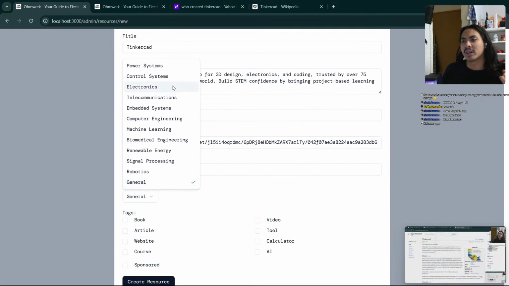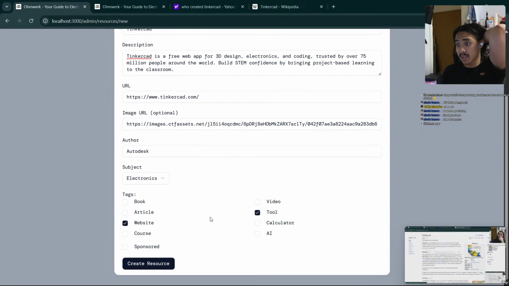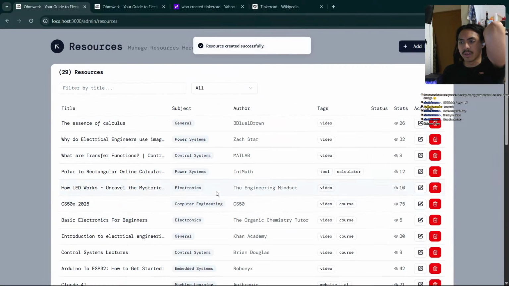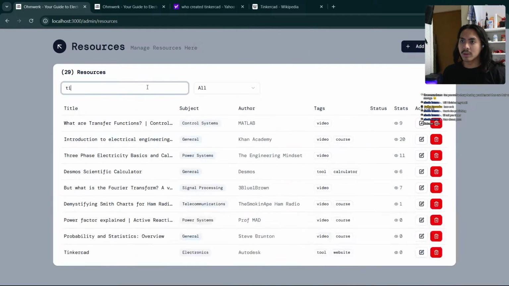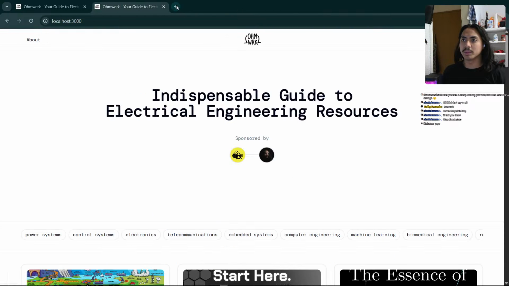This is for electronics, but it was also for other things. It's a tool and a website. And yeah, this is one of the things that I really like. What other tools do I use to help me understand this? Like,